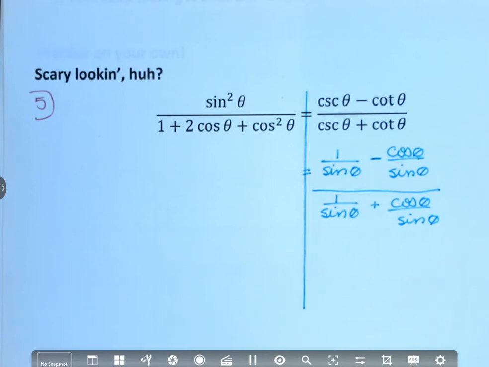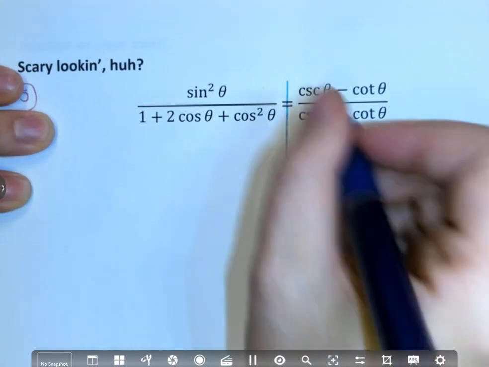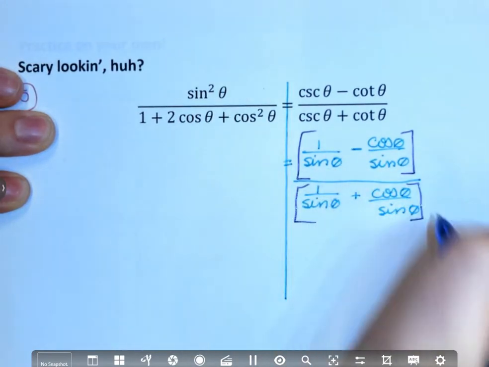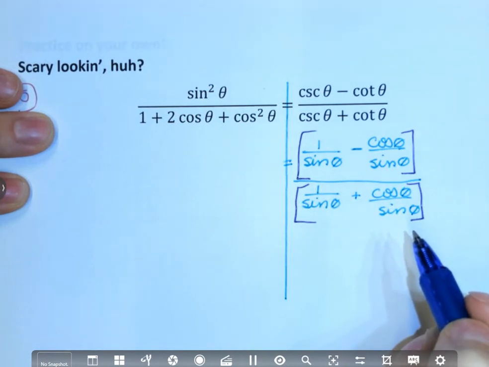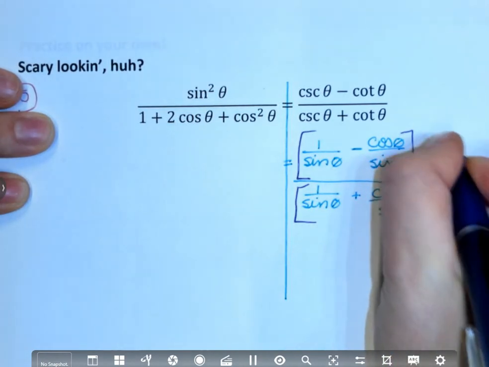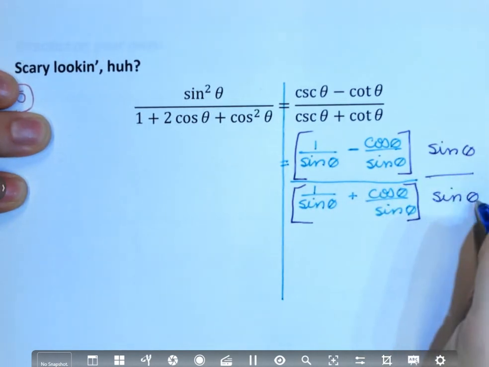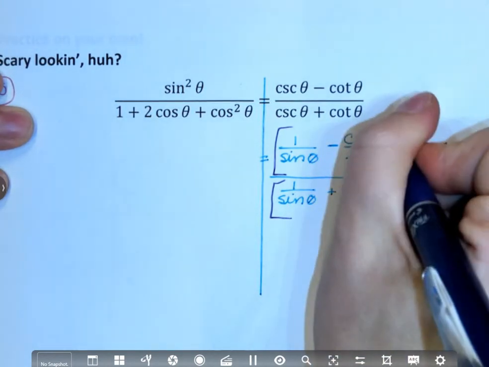Now, if I look at this, what should kind of be jumping out at you? All of those sines. Do you see all the sines in the denominator? Since I have a common denominator, and even if I didn't, I could say, okay, I'm going to talk about the whole top and the whole bottom. Out of all of that, what would the common denominator be? Sine. So if I multiply the whole thing, top and bottom, by sine, anything over itself is just 1, so I'm not actually changing the value of this. But when I distribute it,